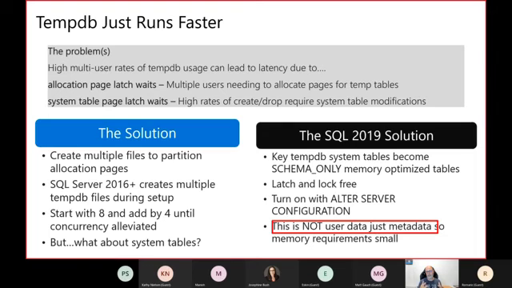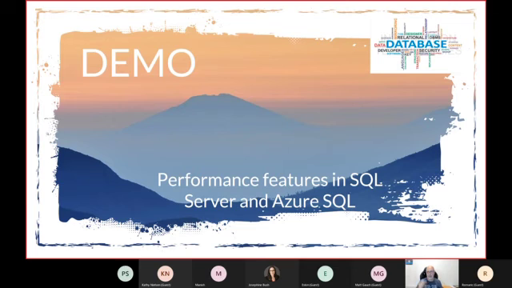So there's not going to be latching on dropping and creating objects. We will see it also in a few minutes. Again, zero code change, you just enable this feature and you will see that for certain workloads it is much better. So let's see all this in action.